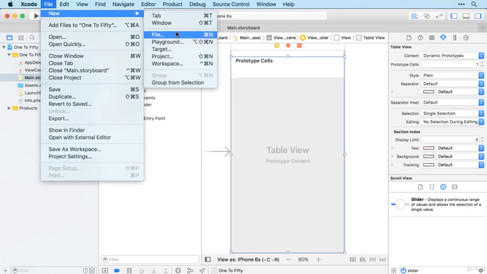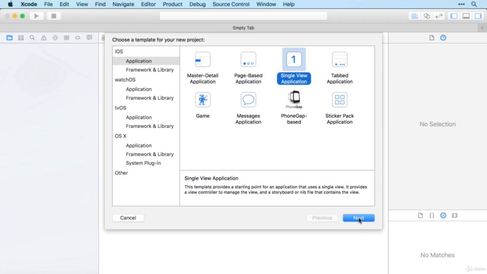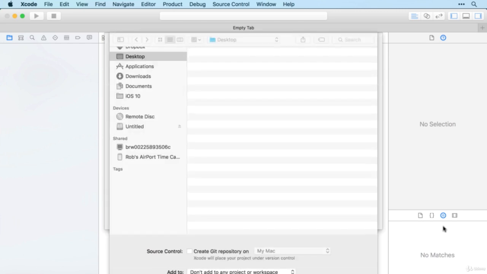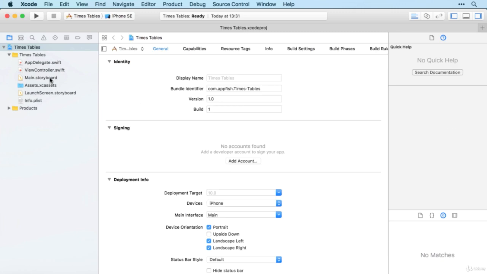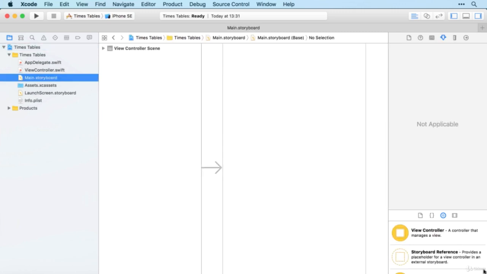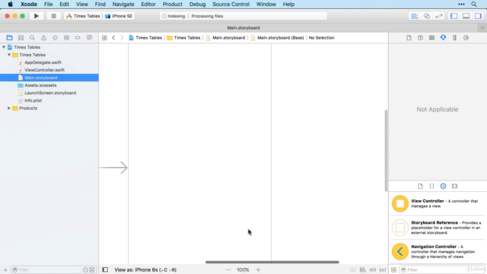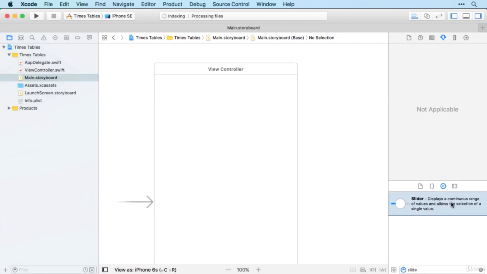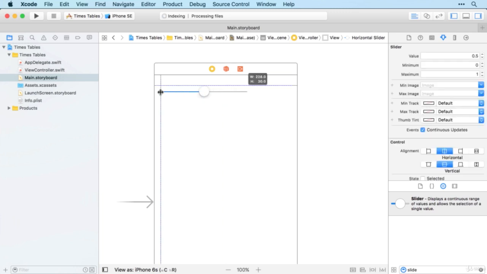So before I challenge you to go and create the app, I'm just going to show you how sliders work in a new project. So this will be our times tables app. Sliders are a really great user interface element. They're fun to use and very easy to integrate into your apps. So here we go. We'll just drag the slider in and I'm going to drag it to the edges